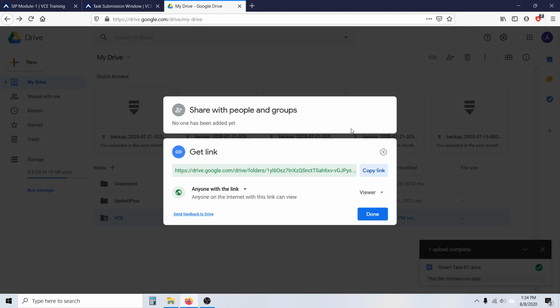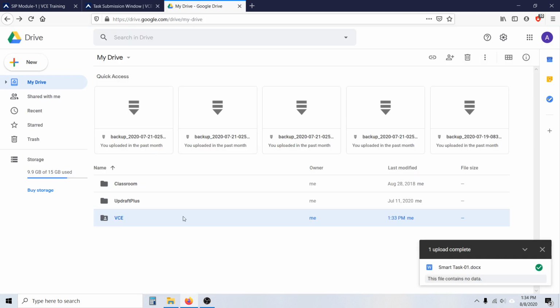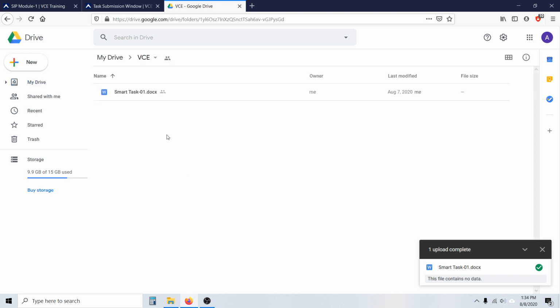And when you do the second task also, you upload the second task here. Again share that link in the task submission window of module 2, in module 3, and then in module 4 also you need to upload here and share the link of the folder. So it's easier. Your task is with you in your drive only. We are just checking your task. Okay, so that's how it is.